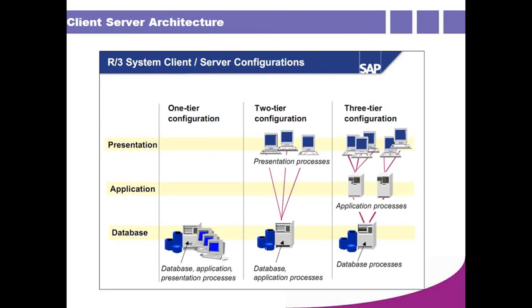But the recommended is three-tier. Why I am showing the screen here is, as soon as you join as a Basis consultant, you need to understand how your systems are configured in your business. Because if a problem comes and we did not know whether it is two-tier or three-tier... we never prefer one-tier for business; it might be two-tier or three-tier, mostly three-tier.